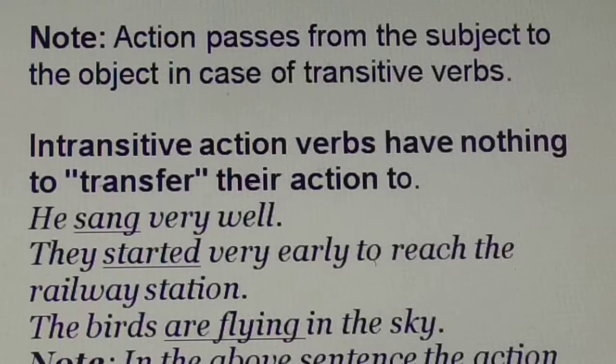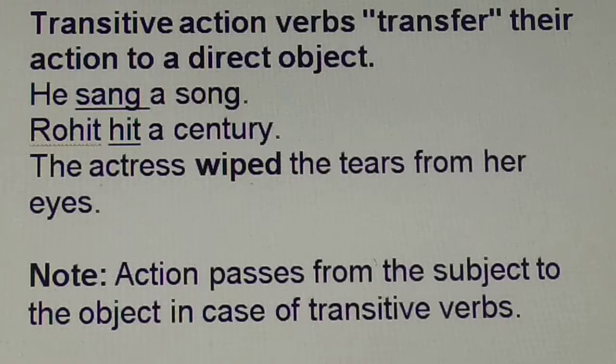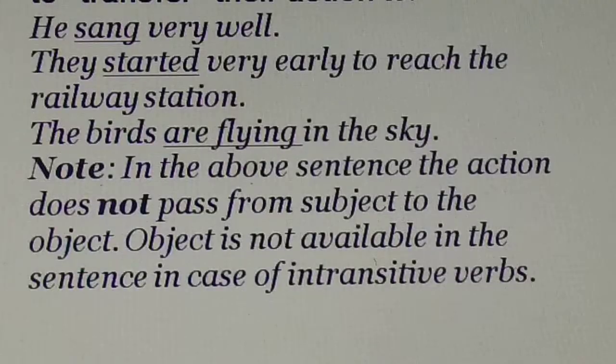Intransitive action verbs have nothing to transfer their action to. Yes, they don't have anything anywhere to transfer their action. Therefore, it is intransitive. Okay, so this is intransitive. The action does not pass from the